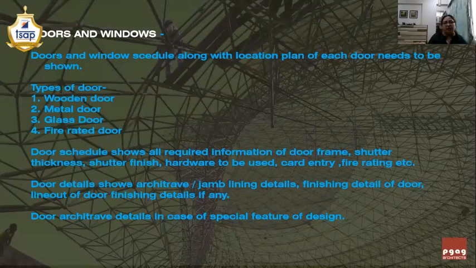Whenever you are writing any finishing material, please note that you need to write the make of the finishing material. For example, if the make is of a particular company, you need to write the make. Then you need to write the thickness of the material. For example, if you are using a metal sheet for the architrave, then you need to write whether the metal sheet is 1 mm or 2 mm, or if you're using ACP sheet, then what is the thickness of the material? It varies from 3 mm to 4 mm. Then which make are you using? Are you using Eurobond or Alucobond? Which make of ACP sheet are you using?